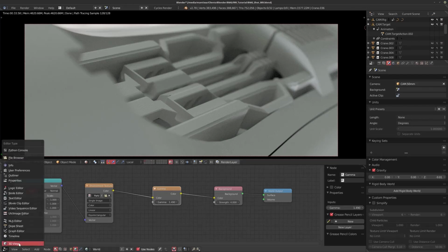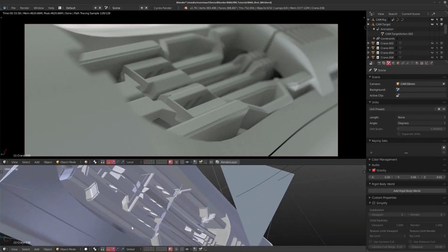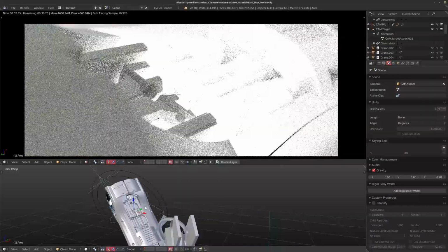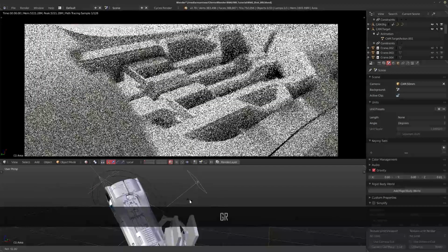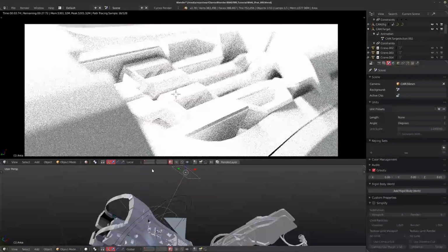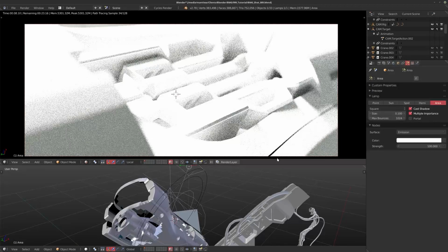So I'm going to switch to my 3D view. I'm going to have a look at my objects here, and with my 3D cursor, I'm just going to click there, and I'm going to add in an area lamp. Now, I like to use area lamps for the most part because I think they give really nice results and really nice shadows, because they automatically have a size to them, and you can do some really, really cool things with them.